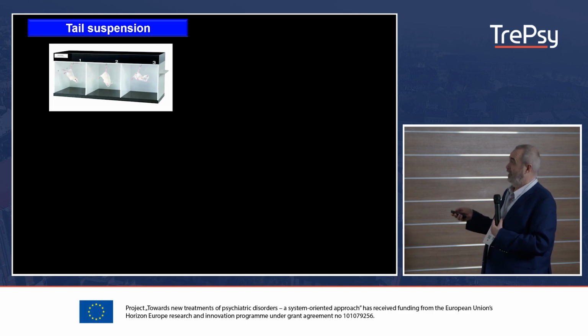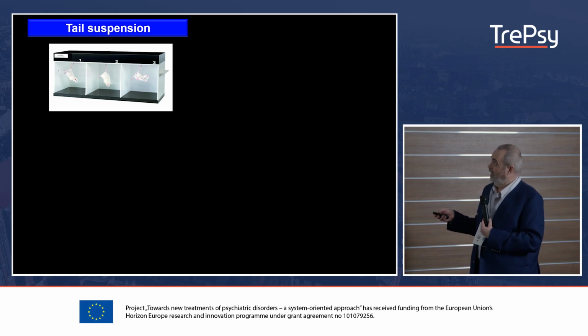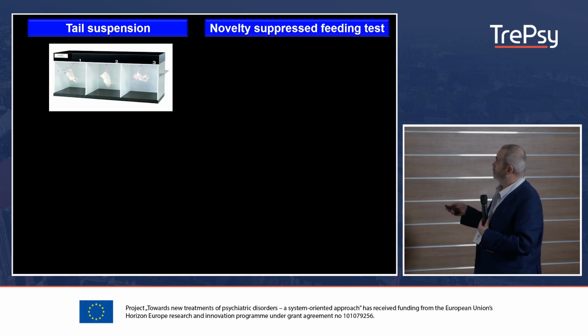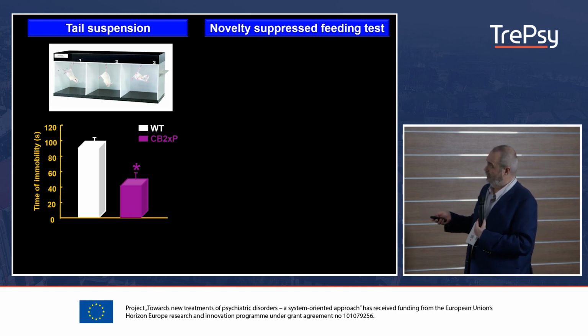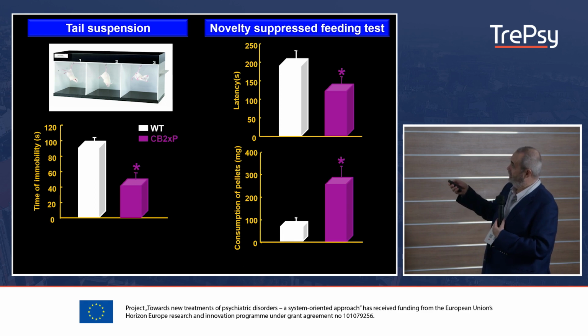Then we went to check different behaviors related to depression traits, and we used the tail suspension and novelty suppressed feeding tests. You can see here that the time of immobility, the behavioral despair, is a lot smaller than in the wild type animals. They are more antidepressant. And in the novelty suppressed feeding test, the latency to go to eat after being fasted for almost a day is less in the animals overexpressing the CB2 receptor,